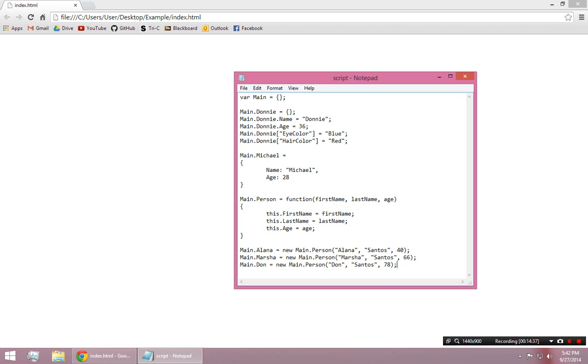Alright, so as you can see, by creating the constructor here, I've allowed myself to invoke the person function anytime I want, and it's going to create an object with the 3 properties that I specified with the 3 values that I'm passing in through the parameter list. Okay? So now, if I come back here and debug this again,